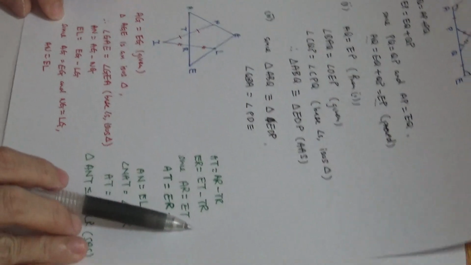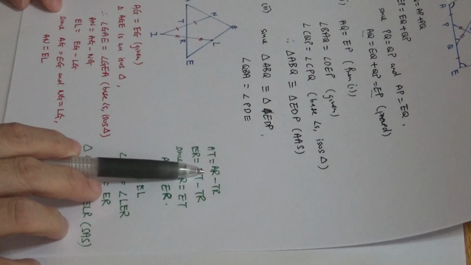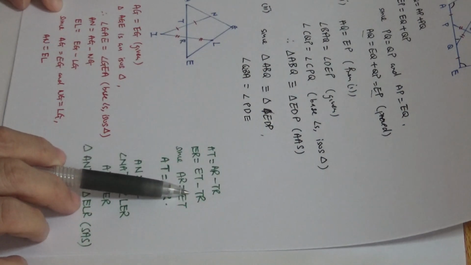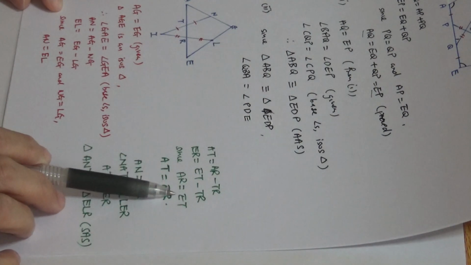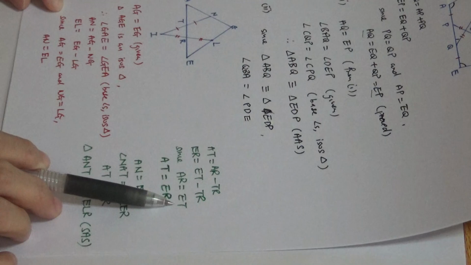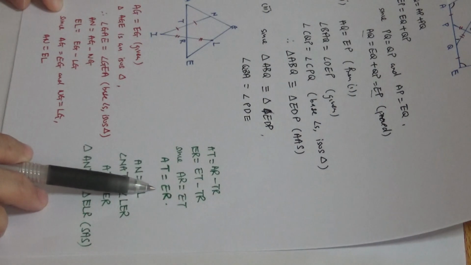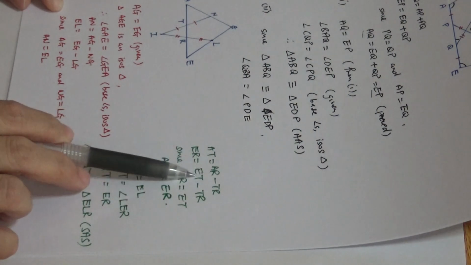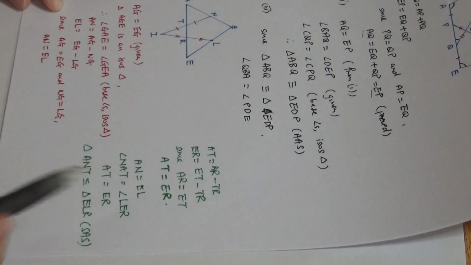Take note also that AT is actually AR minus TR, and ER is actually ET minus TR. Since AR is equal to ET, we will have AT equal to ER. Because these two are equal, these are also the same, so AT will be equal to ER. Now this is to prove